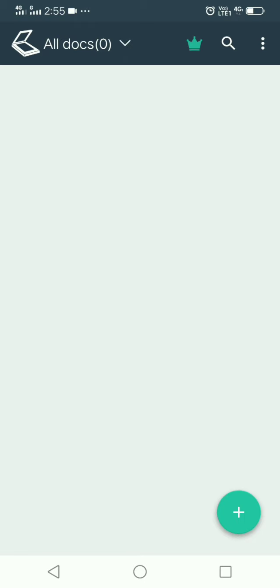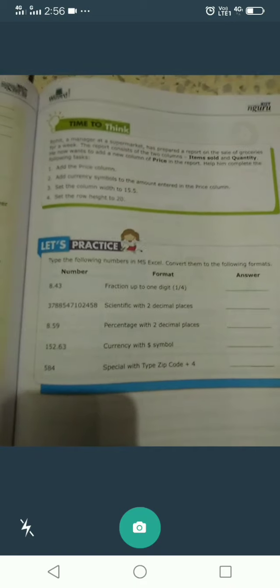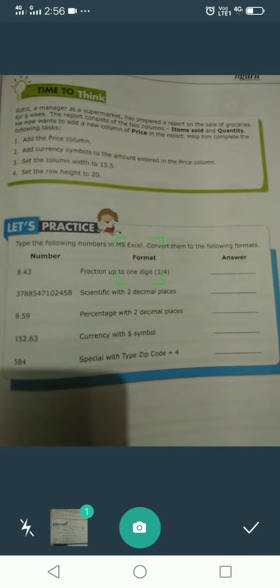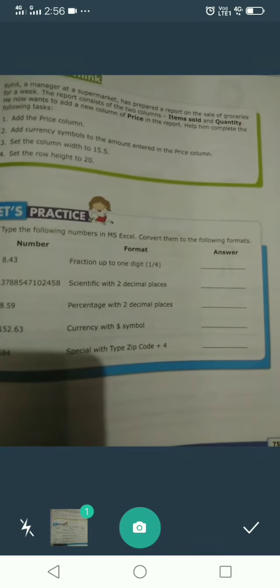So first of all, what you have to do is write on your paper. Write whatever content you are supposed to write on the sheet. Now you have to click on this plus sign at the bottom right corner. Here you will get three options, and now you want to click the image of your work. For that you have to choose this camera option, and when you click on it, the camera of your phone will open. Then you just have to click the picture. When you have clicked the picture, you have to click on the tick sign.